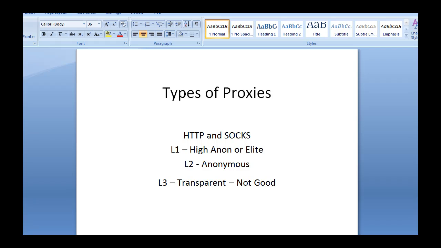So if you go over to Google and say, all right, I want a million URLs on this, and then use a transparent proxy, Google's going to see your IP anyways, and they're still going to ban your IP. A level 1 or level 2 proxy will actually use its own IP, and that's what Google will see or anything else, and you won't get banned from your IP address. So you definitely want to use level 1 or level 2.